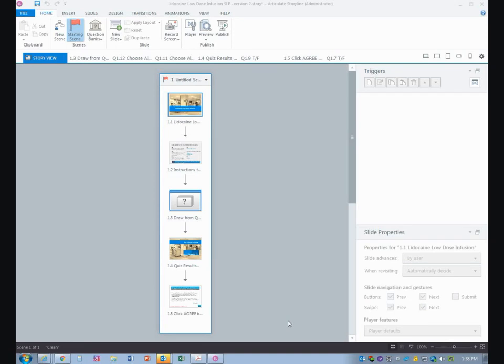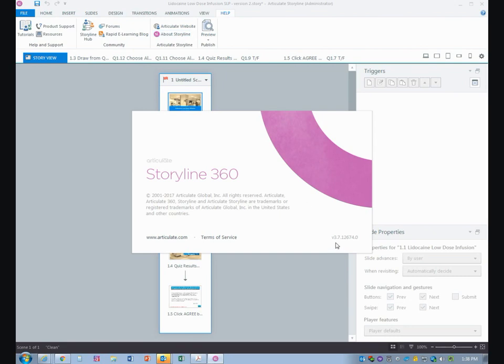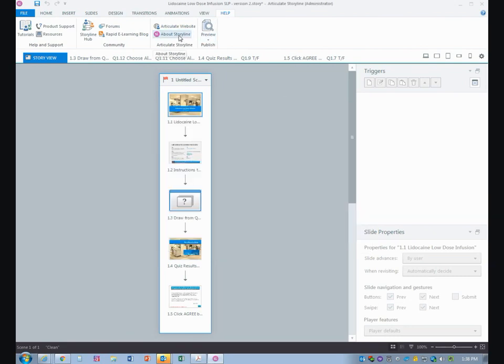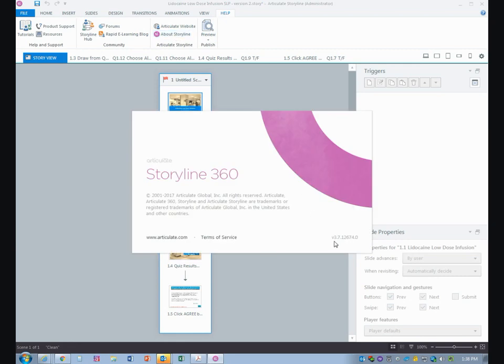Hi, I'm just going to share my solution for the recent issue with Storyline 360 not publishing, or publishing but you're unable to view it in Internet Explorer 11. Specifically, we're talking about the version you can check by going to the Help tab and then About Storyline, and this one is